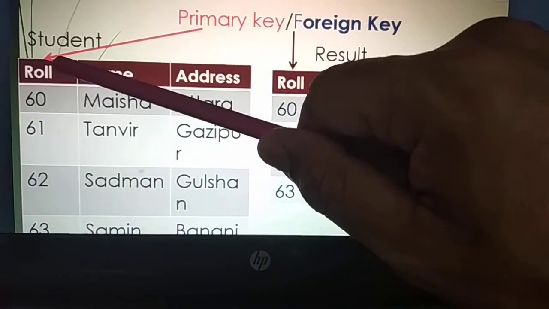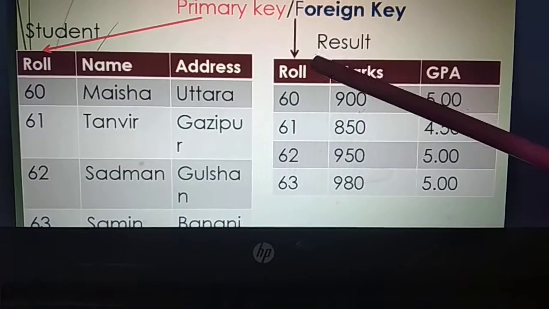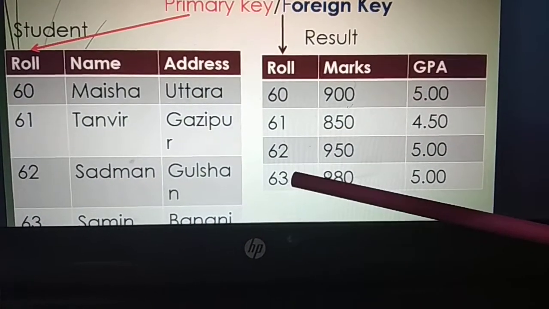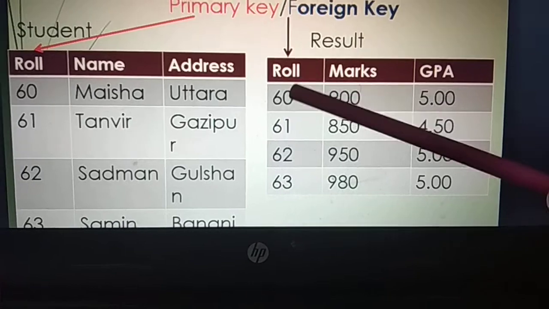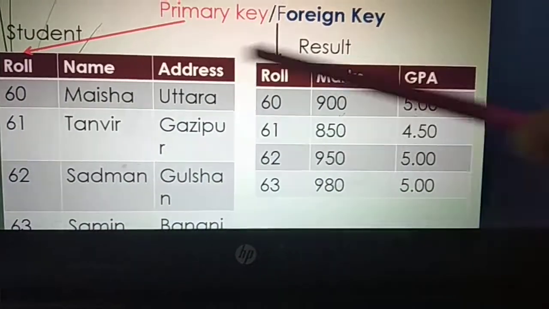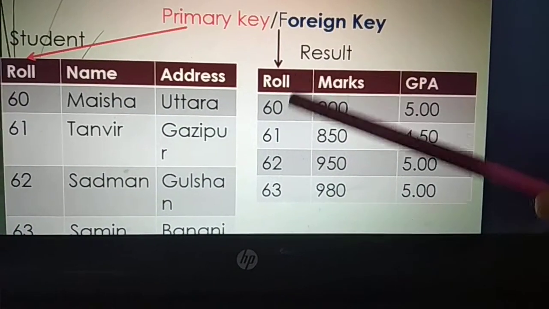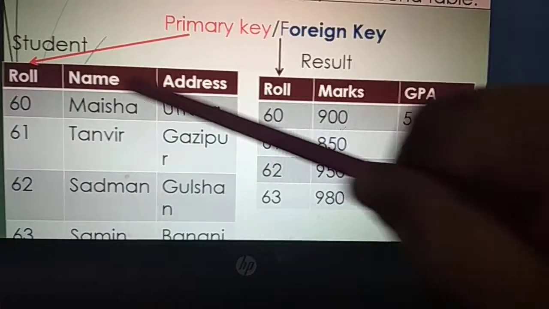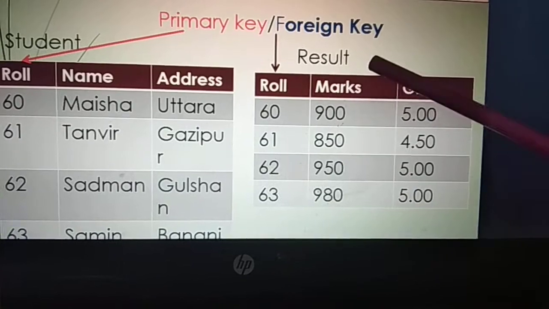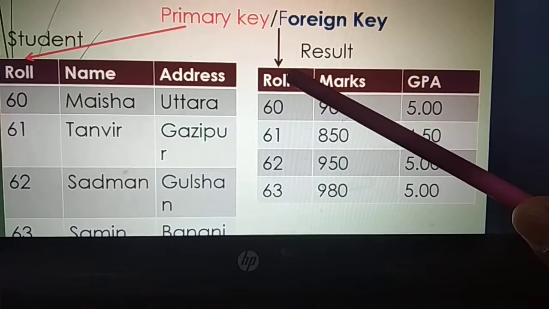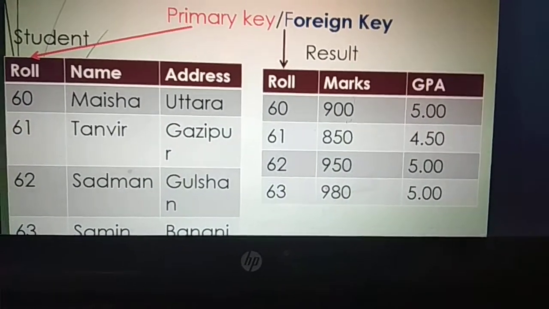The primary key of the first table is used in the second table to make a relationship. You should remember we are using this primary key in another table to make a relationship between these two tables. So regarding the second table, this roll number is known as a foreign key.